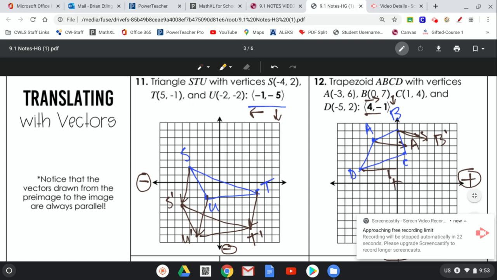So that's going to be our coordinate for D prime. And drawing our vector, boom. All right, and C over 1, 2, 3, 4, down 1, C prime. All right, and then we'll draw our vector in there. Okay. All right, so if I connect the dots,